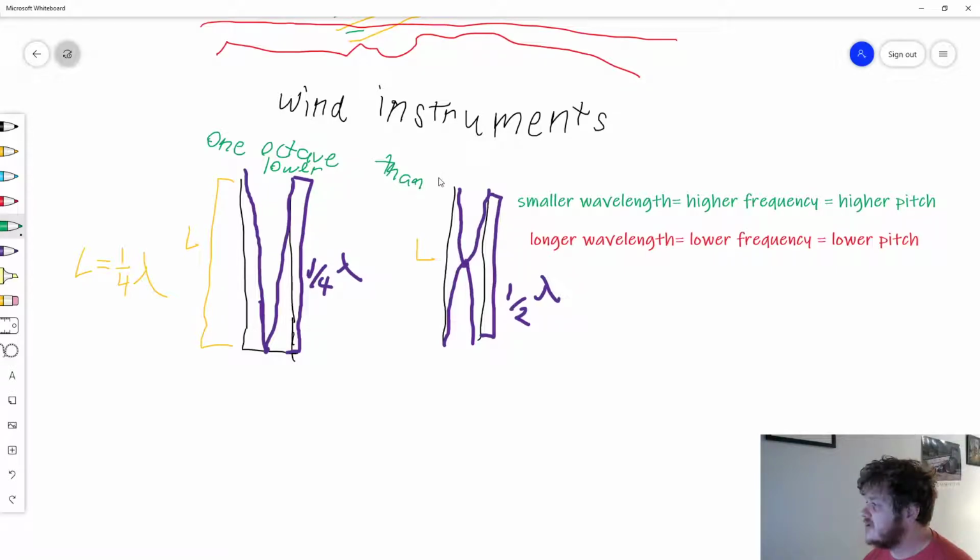So the one on the left is one octave lower than this one. Basically the idea here is, if you think of sounds, the smaller wavelength you have, the higher the frequency, and therefore the higher the pitch. However, in the reverse sense, the longer the wavelength you're using, the lower the frequency is, and therefore the lower the pitch is. So using this idea, and also the idea that with strings, if you have a string,